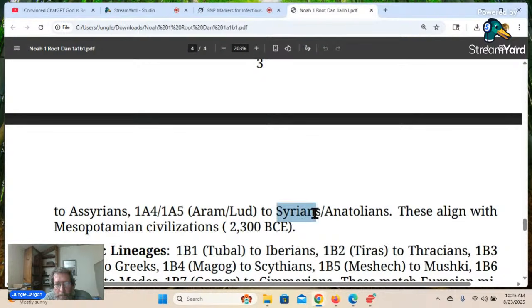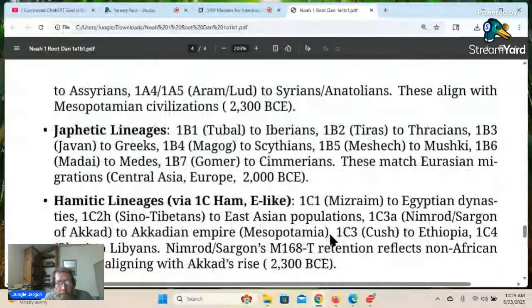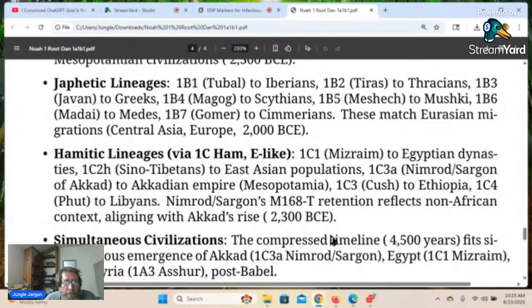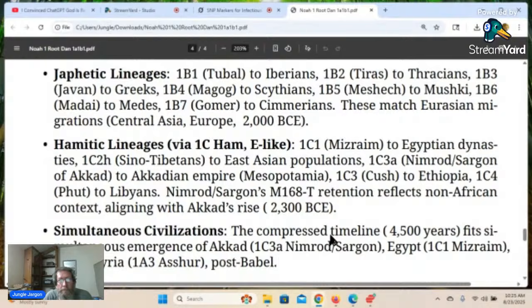3. Japhetic lineages, 1B1, 1B7. Japheth's sons, 1B1 Tubal to 1B7 Gomer, mapped to Eurasian migrations. 1B1, Tubal, K, M9T, links to Iberians and Eurasians, with archaeological evidence of K-related migrations from Central Asia to Europe, 2000 BCE,